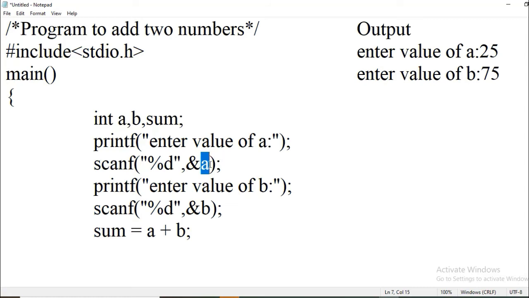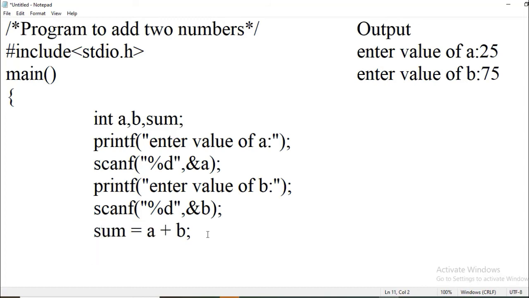For example, A we have used here, so A is in small, so we have to write like that only. Here also B, so write like that only. Sum all small letters, then write in small only. Okay. Otherwise, if you write like this, it will show error since it will not find this variable